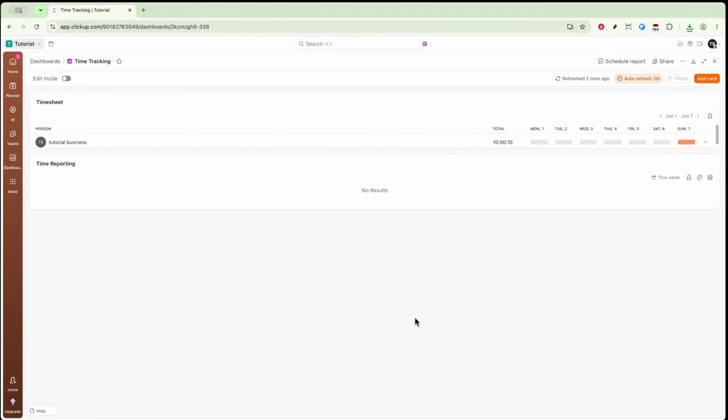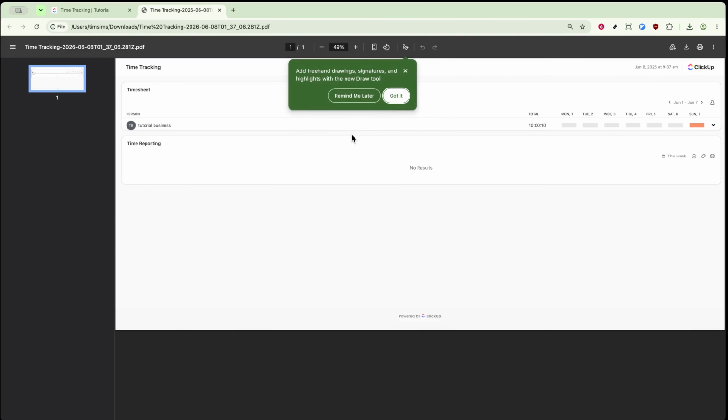Now that your file is ready, handle it carefully according to your organization's privacy and compliance guidelines. If your company has specific rules for storing or sharing data, make sure to follow them to maintain security and confidentiality. Finally, if for any reason you don't see the track time option, the dashboard, or the timesheet card, it's